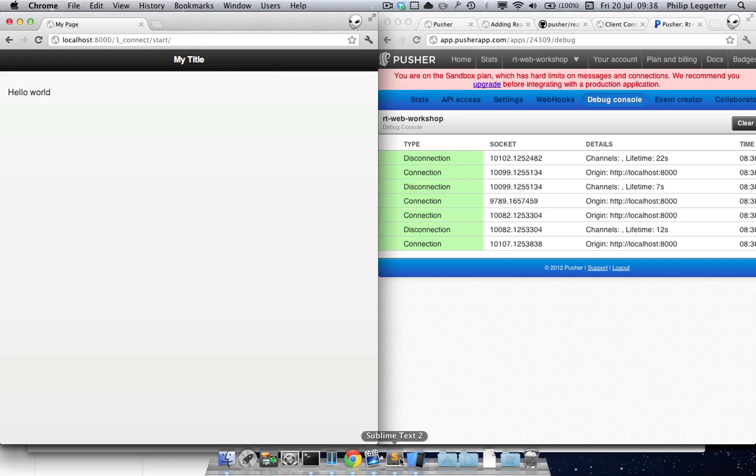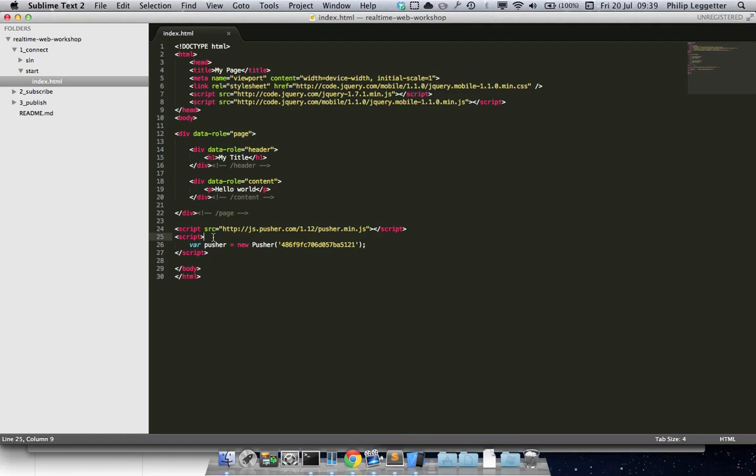You'll also want to know that there will be many cases where you actually want to know about your connection state within the application. So for instance, if you go offline, or just generally when you've connected and you know you're connected to Pusher and you know you're going to start receiving real-time information. So the first thing in terms of development that's really handy